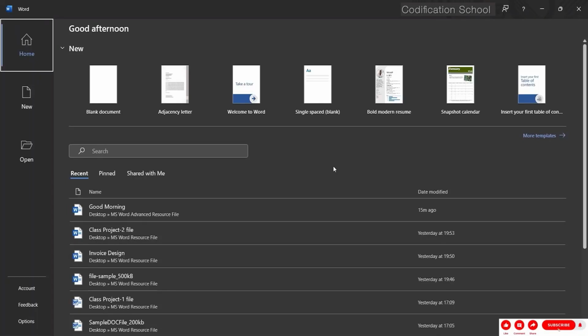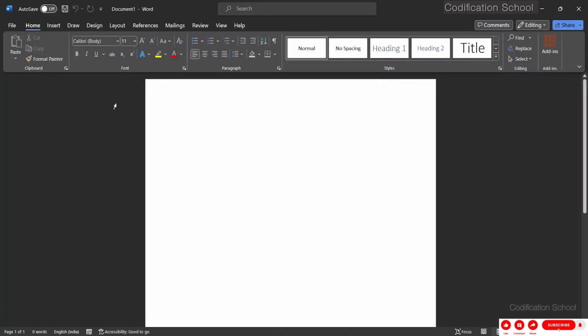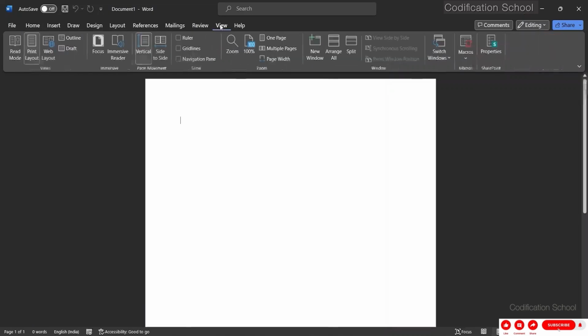So here, as you can see, I'm on the home page of MS Word. From here, first off, I will create a blank document. Suppose you want to view your macro option, you will come to the View option,